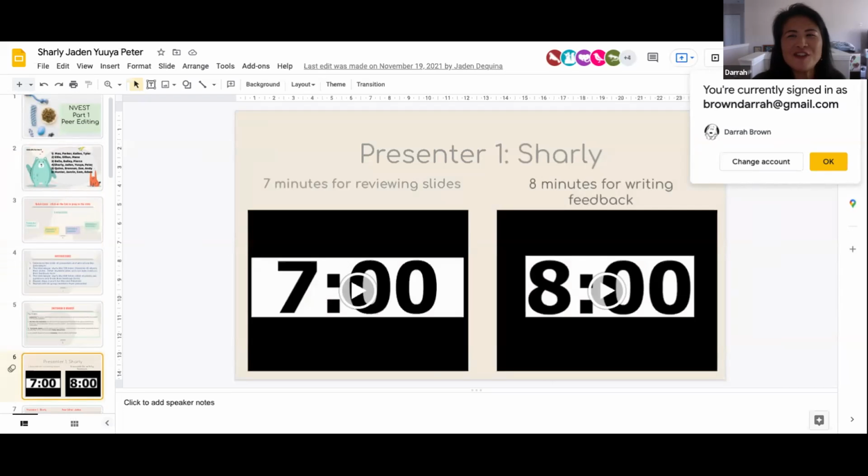Right, I just wanted to get down there before, okay. Can you see this screen with the timer on it? Are you guys seeing this? Okay, so this timer is used for 7 minutes. You click on this and it'll count down for you. The 8 minutes is for the person who is writing feedback, and the feedback looks like those checkpoint questions.